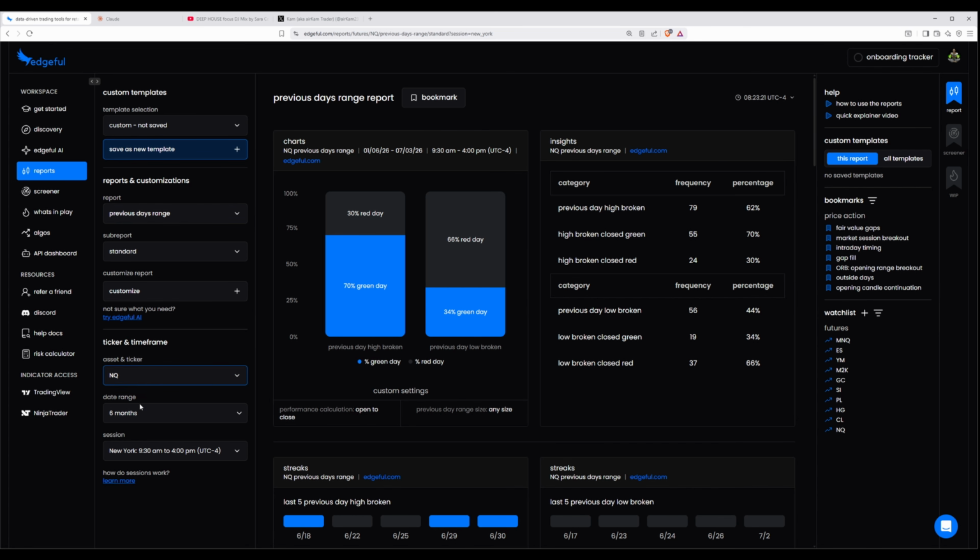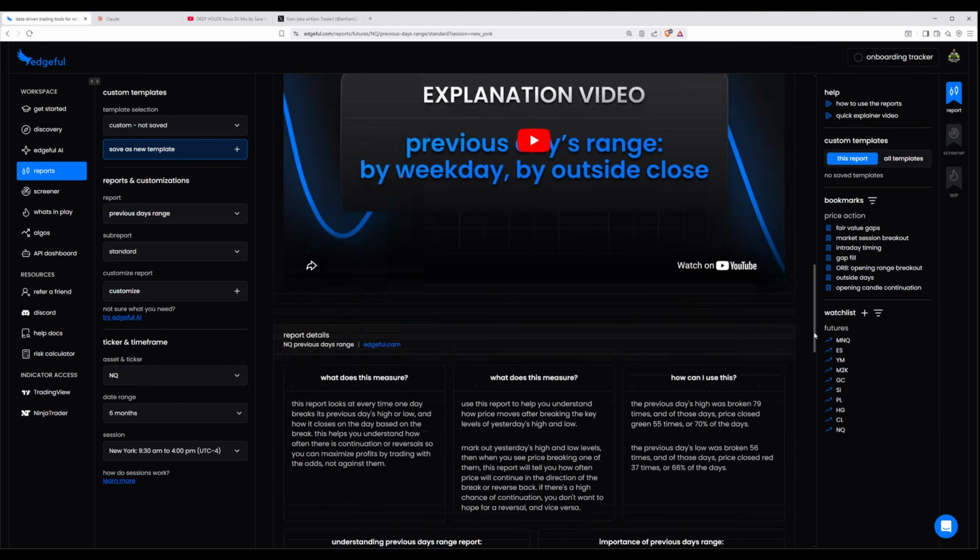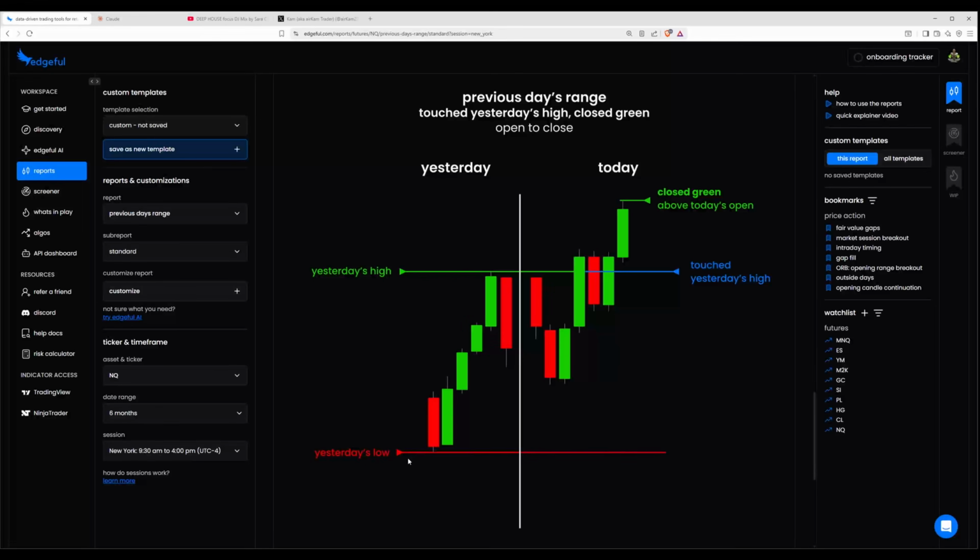We're going to look at NQ for 6 months worth of data. And what it essentially says is, if the previous day's candle was a green candle and we take the previous day's high, what are the chances that today will close green? Conversely, if yesterday was a red candle and we take the low, what are the chances that today is going to close red? Because then all you do is, once you know your bias, you just got to catch a little bit of the continuation. It's very simple. You don't need to catch a million pips. Okay, you just got to catch a good RR. Something like a 2RR is more than enough to become financially free.